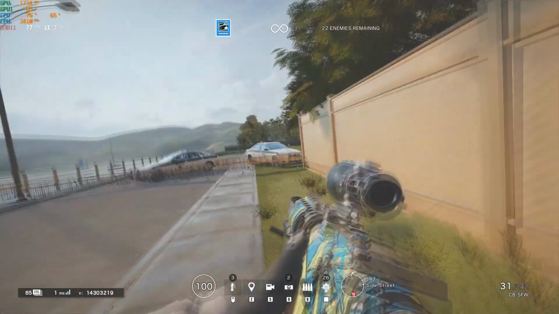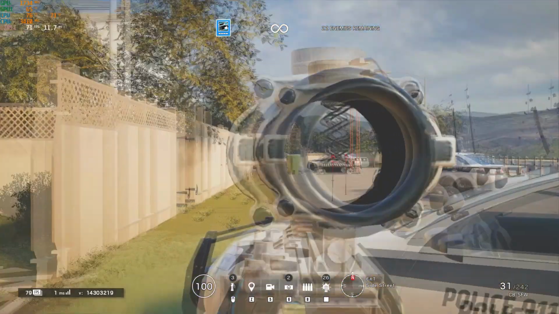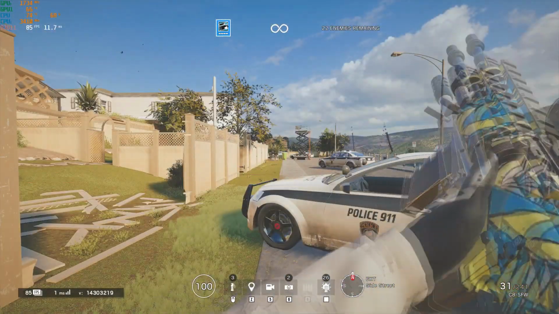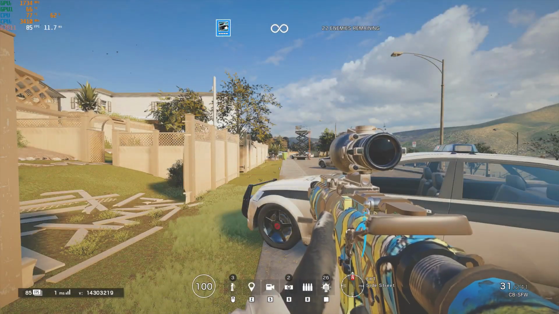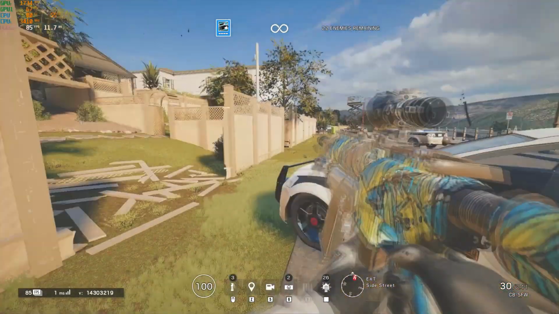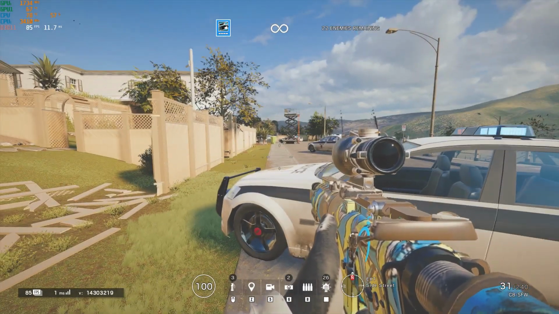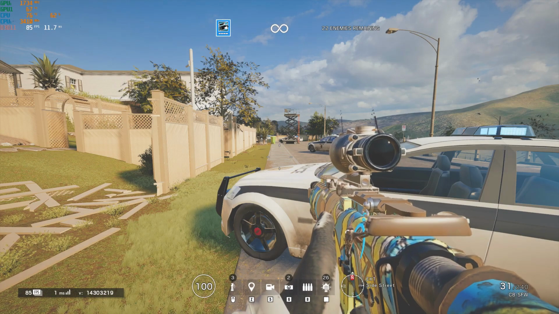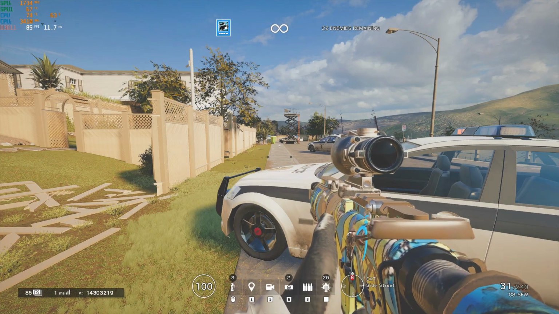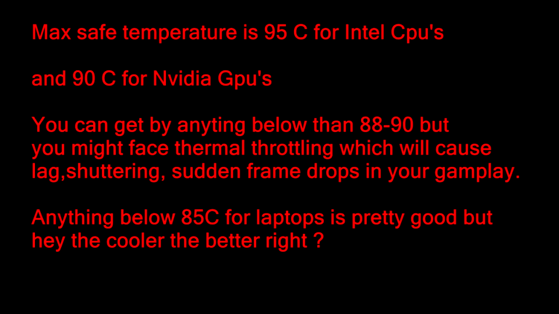after this, you just hop into a game. So, as you can see, we are running Rainbow Six Siege, and here in the top left corner we have our GPU core clock speed, GPU temperature. This is useful for monitoring your temperature. If you are hitting like 90, 95 degrees, then you definitely want to lower your temperature because I think Intel recommends you to run your CPU below 90